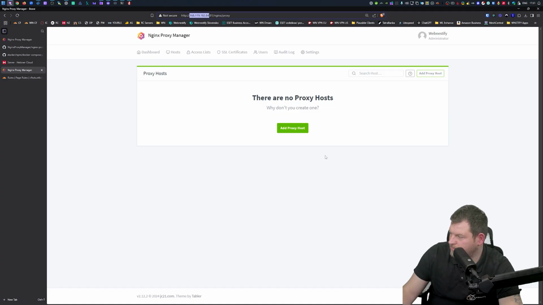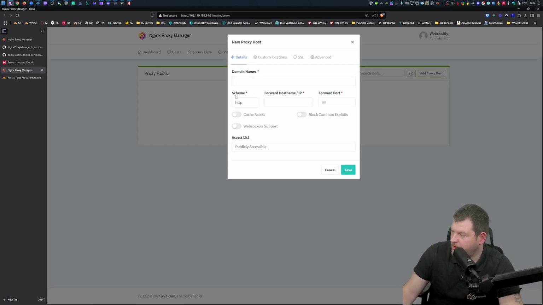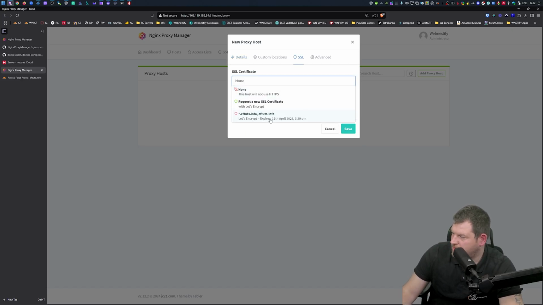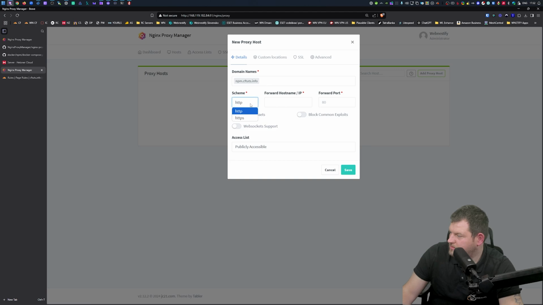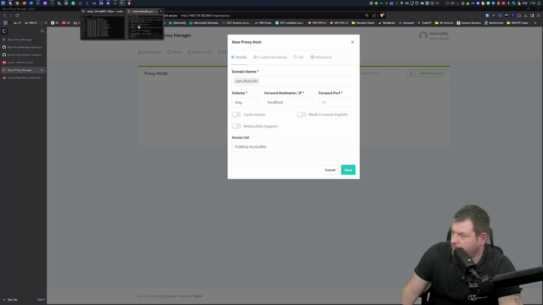And now what we want to do, we want to create our NGINX Proxy Manager to be through the SSL. So we will add our proxy host. We will specify npm.cloudflare.toots.info. You press enter. SSL, you select the SSL you created. You can force everything. And for the details, scheme will be HTTPS. And forward name IP, you can either choose localhost, or when you go to your server,